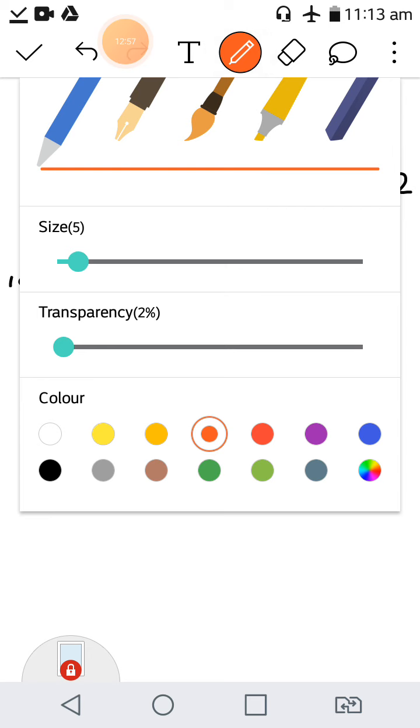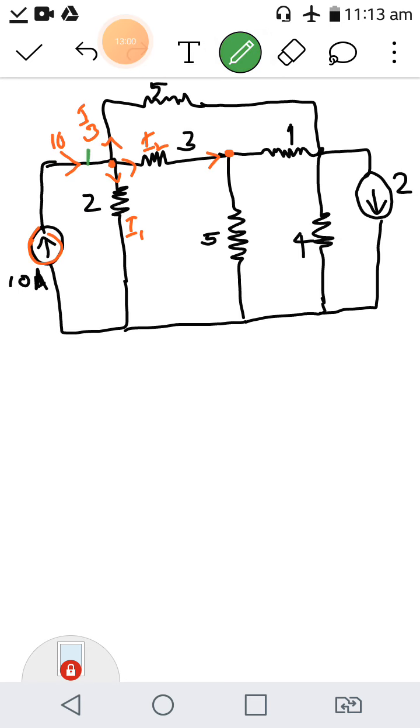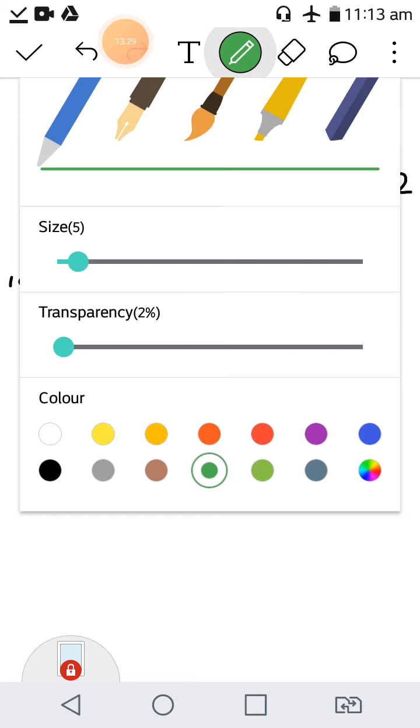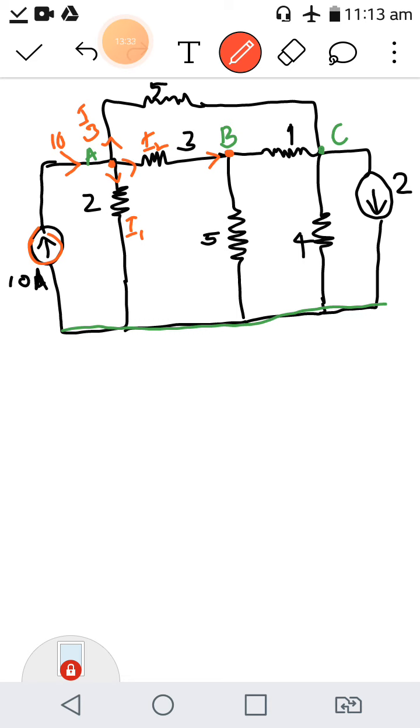Now, before that you need to mark all the independent nodes. So let me call this independent node A, this independent node B, and this independent node C. Right? C is an independent node because we cannot find directly what is the voltage at C. It depends on other parameters. Okay, if it was a voltage source here, we could say that C is not an independent node, it is a dependent node. Okay, and the bottom line is the reference node. All these lines are the reference node. Okay, hope you understood. So I2 current comes here at B. It can go these 2 ways. So I am writing this is I3.